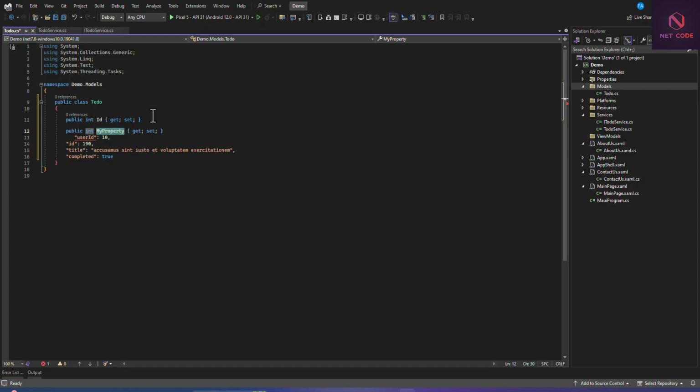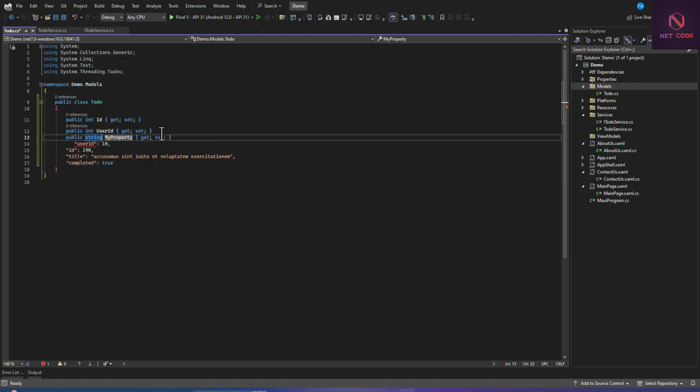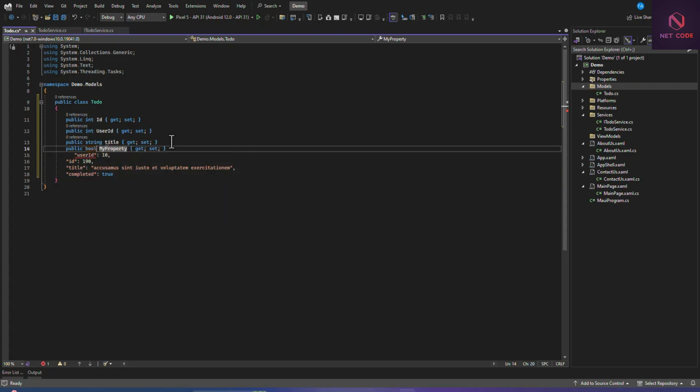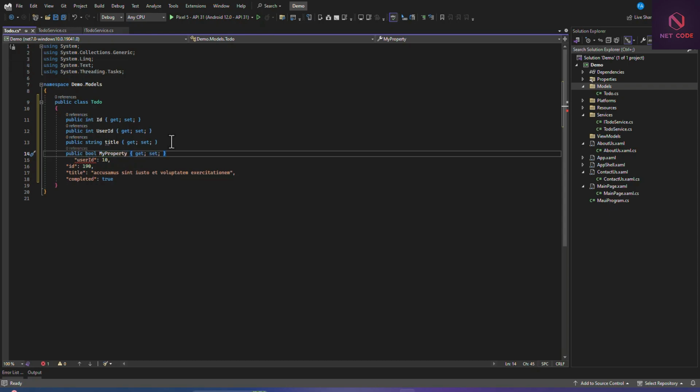So int, and this is user ID, and the next one here is string, and this string is title, and then the last one here is bool, and it is completed. So we say completed. So let's clear this. We are done with our model.